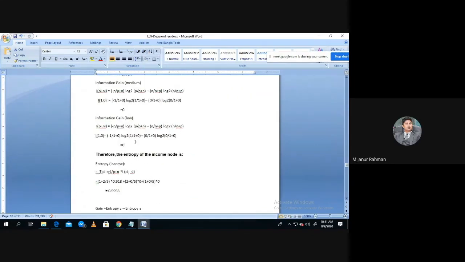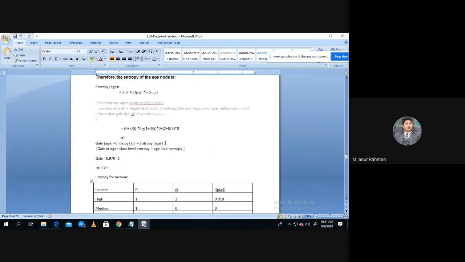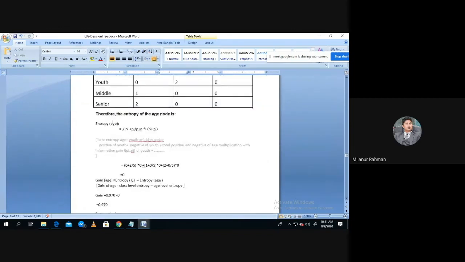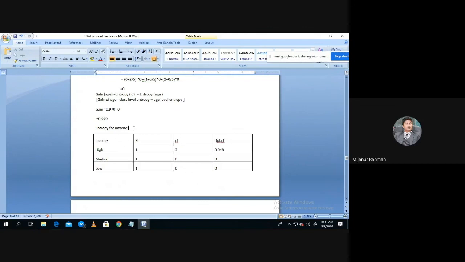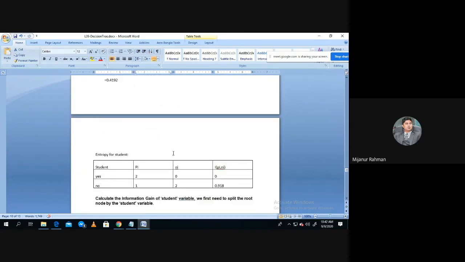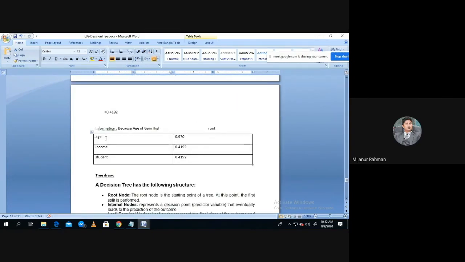এখন আমরা এরপরে এই গেইন হাই, মিডিয়াম, লো, এটা কার জন্য করছিলাম? সরি সরি, এজ এর পরে ছিল ইনকাম, তারপর স্টুডেন্ট। ইনকামেরটা বের করছি এখন। সিমিলারলি আমরা এন্ট্রপি পর ইনকাম, ইনকামের কয়টা অ্যাট্রিবিউট আছে? হাই, মিডিয়াম, লো আছে, আগের মতো তুমি বের করলে। দেখো এখানে দুইটাই নট জিরো, একটা ভ্যালু এসেছে, আর যখন দুইটার যে কোনো একটা জিরো হবে তখন জিরো হবে। সিমিলারলি আমরা গেইন বের করলাম। এইজ এর গেইন হচ্ছে 0.970, ইনকামের হচ্ছে 0.4, স্টুডেন্টের 0.4192।